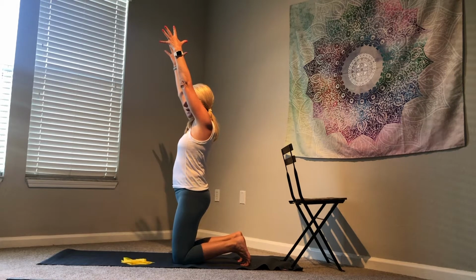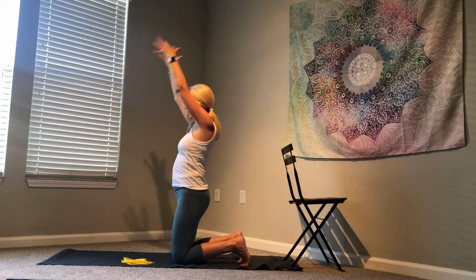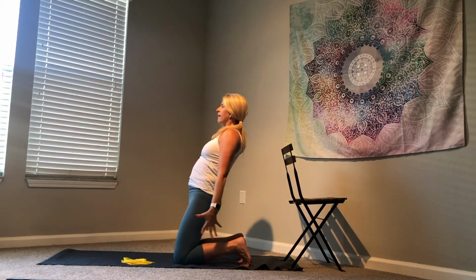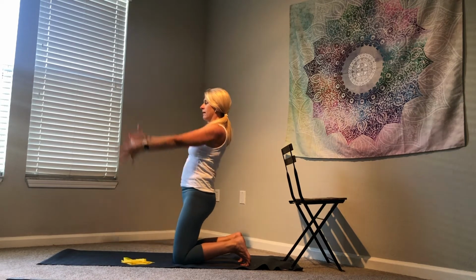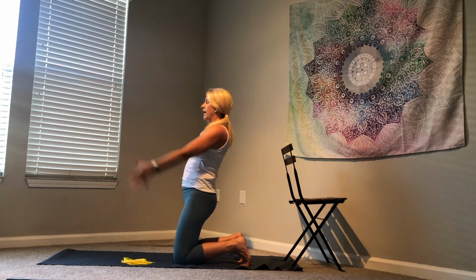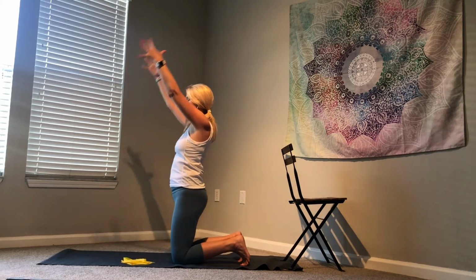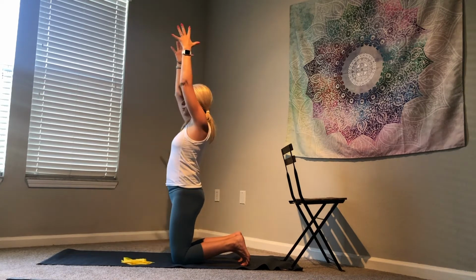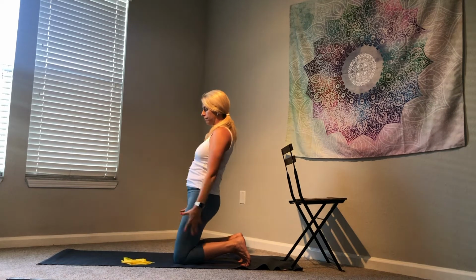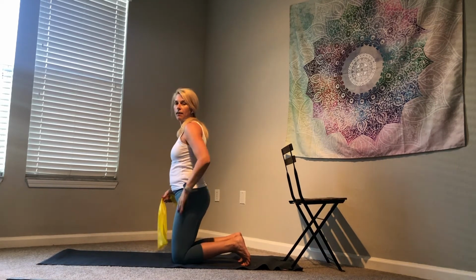I'm gonna exhale and hinge back, bring my arms forward and back. I can also bring them all the way down to my side. Hinging just at my knees, keeping from my knees all the way to the crown of my head straight. Engaging that core. 2 more. I'm gonna grab my strap, step my left leg forward,